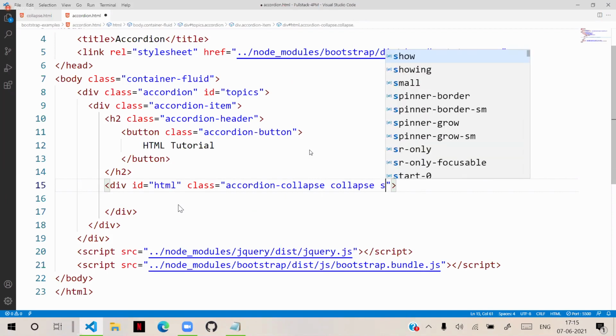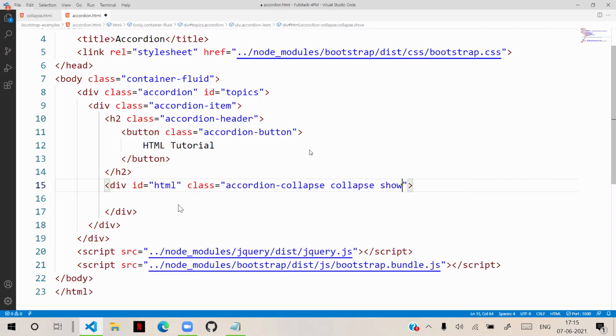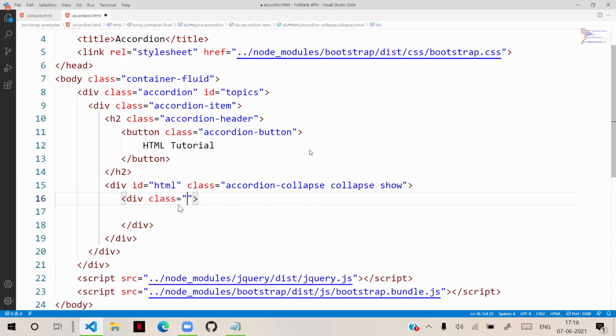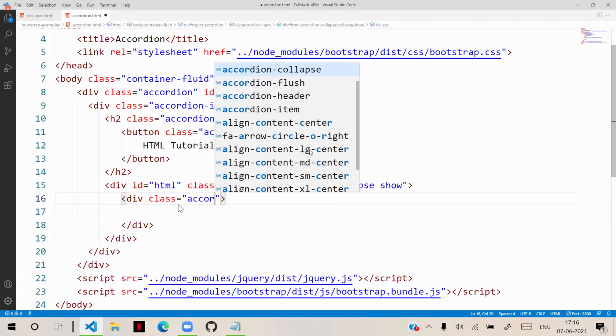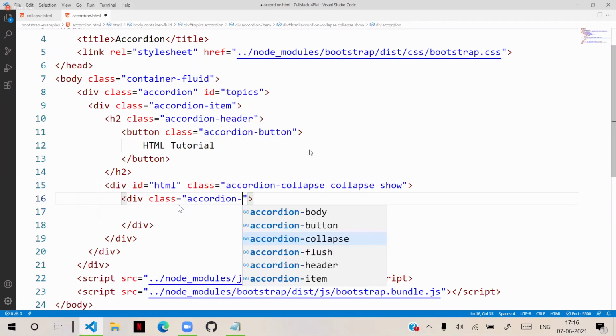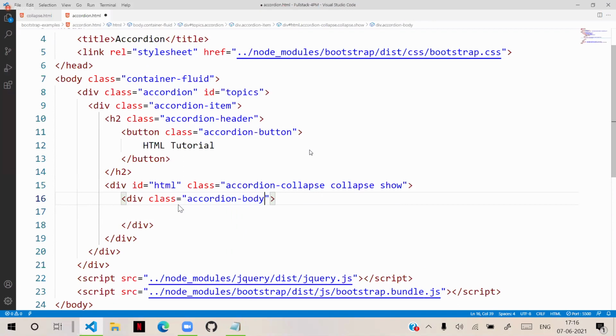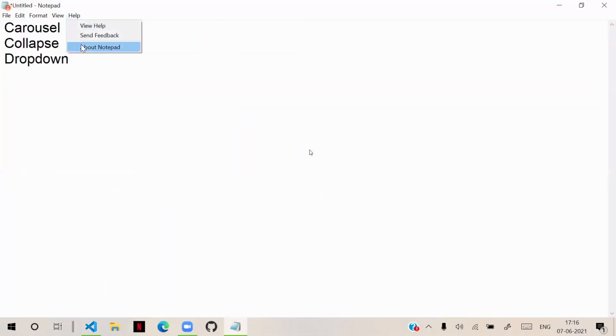By default, I can keep show, so it displays by default. Now in this, we can design any content. This contains the class accordion body. In the accordion body, we keep the content. So we will add some content here.